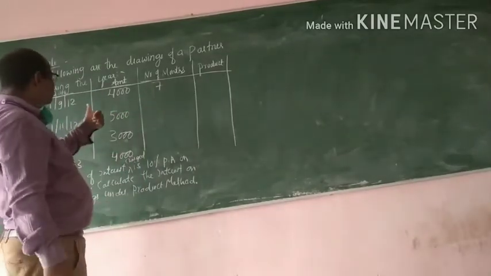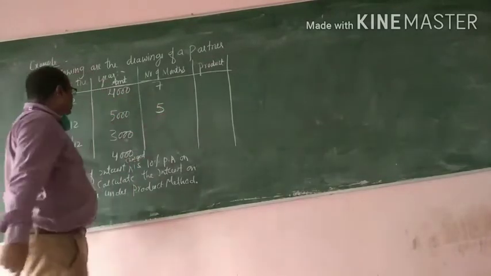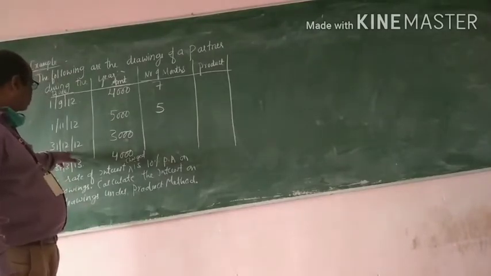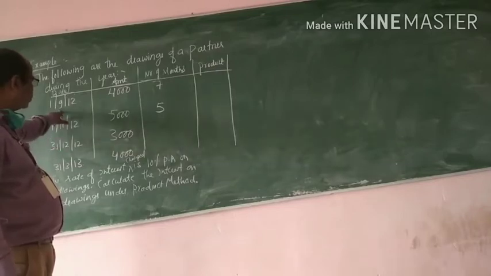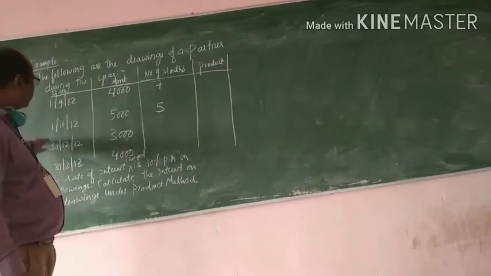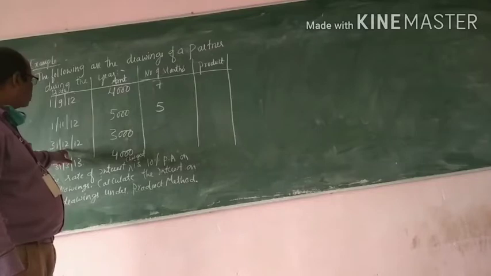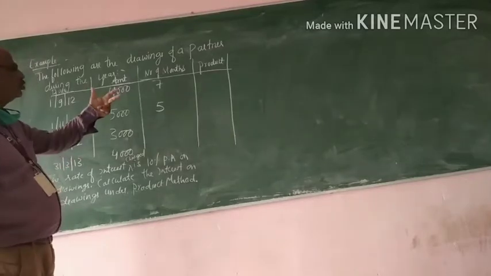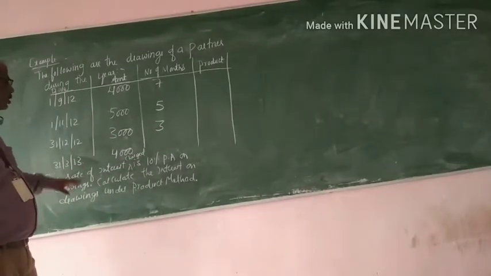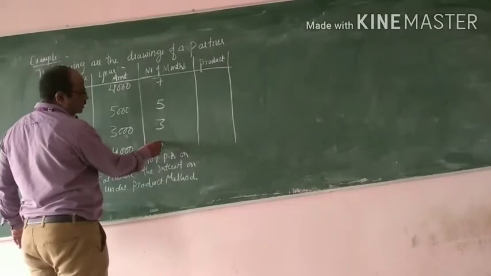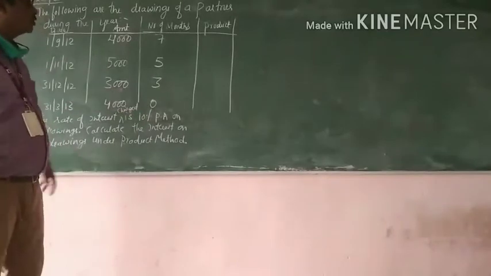Here 11, 12, 1, 2, 3, that is 5 months. Here 31st 12, you should not include 12 months, but here I have included 11 months, and there I have included 9 months because it is on the first. If it is on the end of the month, you should not consider that month. So 12 months should not be considered; excluding 12, we have 1, 2, 3, so 3 months. This is on 31st 3, so 0 months. On the year ending, we have withdrawn rupees 4000, so the number of months will be 0 here.